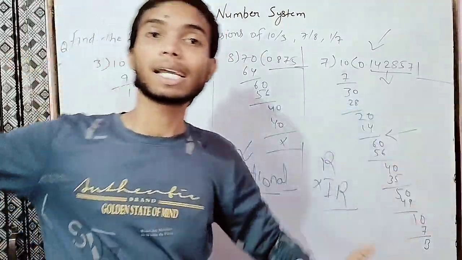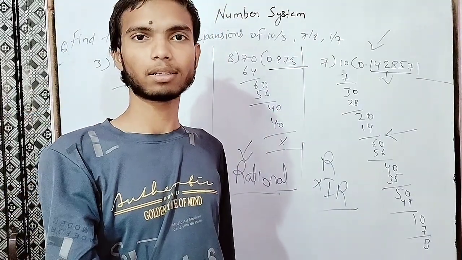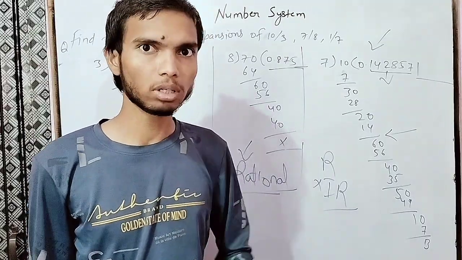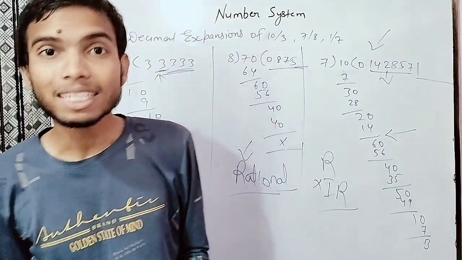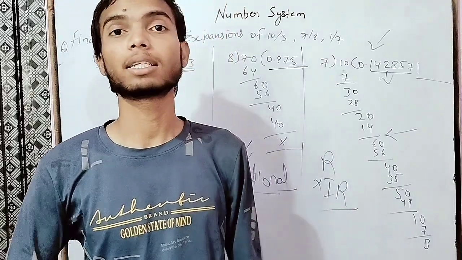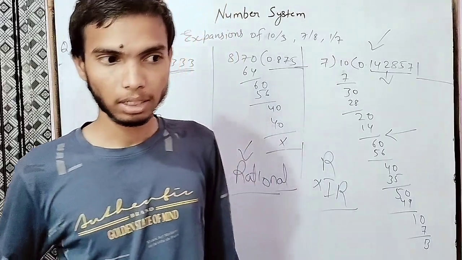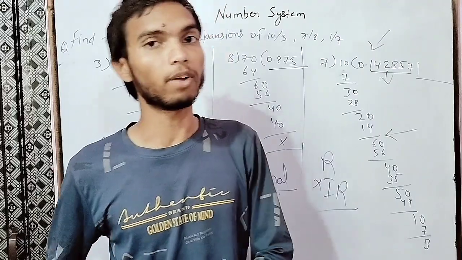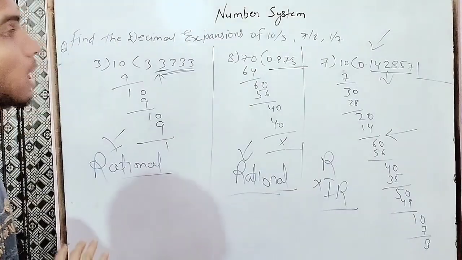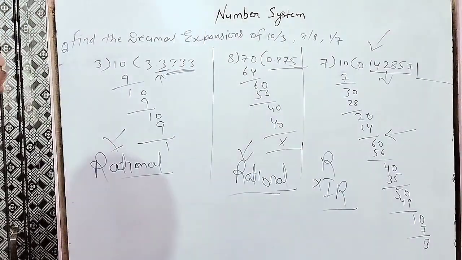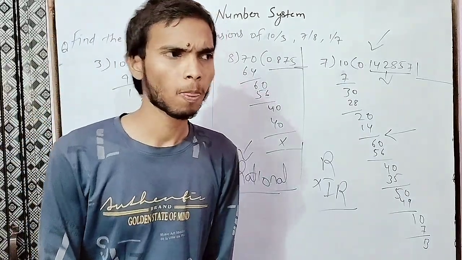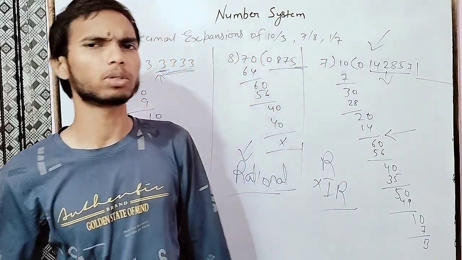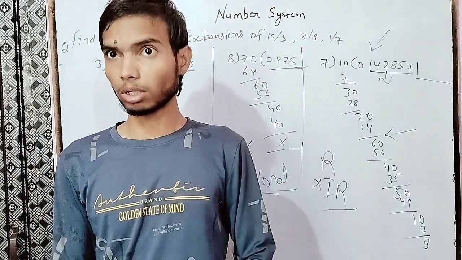1 upon 7 is what? Repeating. It's non-terminating, okay, we agree. It's not terminating, but it's repeating. And irrational means there will not be a repeating number. Rather, different numbers after the decimal will keep going on. There would not be an end in the case of irrational. So here one point you need to understand, and we have understood just right now, is that